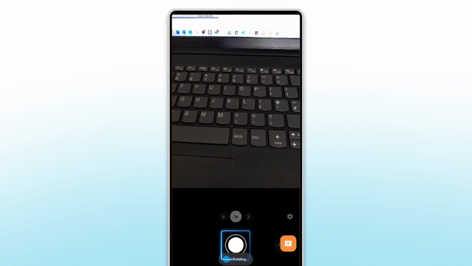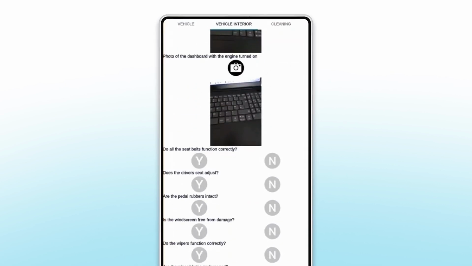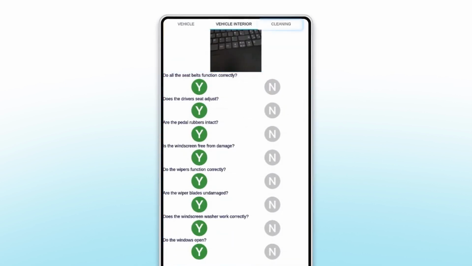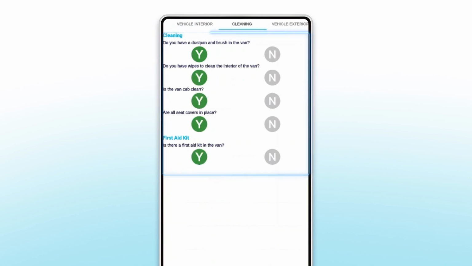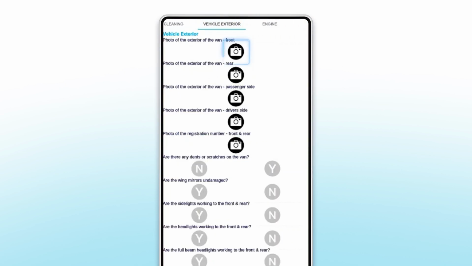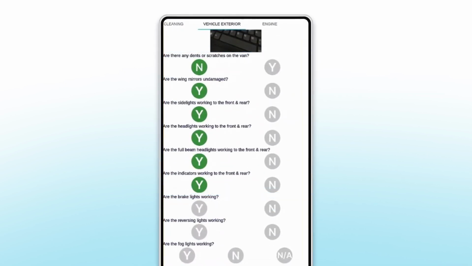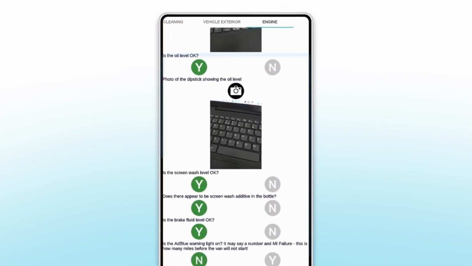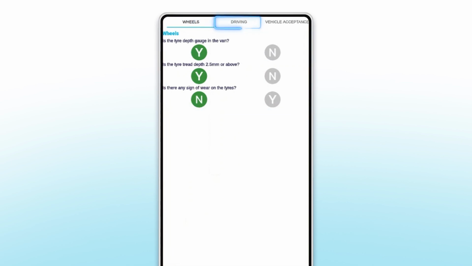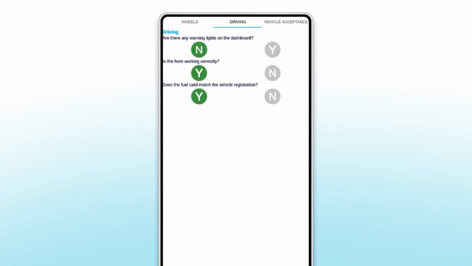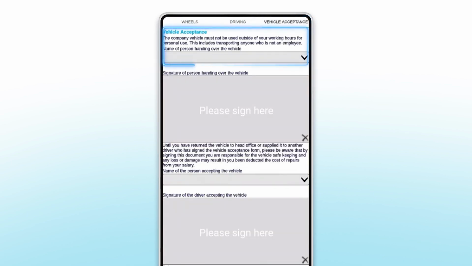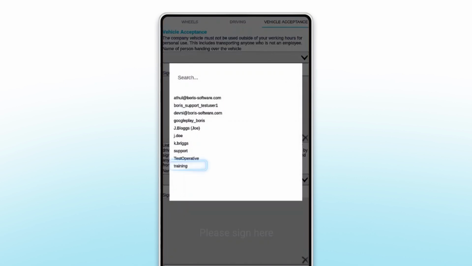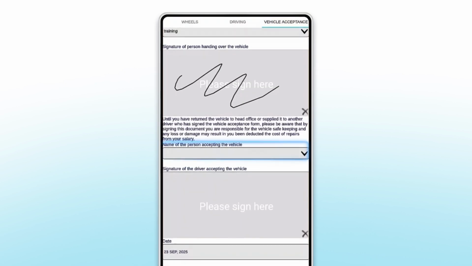These are just pictures of my laptop, but you get the general idea. Complete the functional checklist, and again regarding cleanliness and condition checks, vehicle exterior. This is where you take photos of the exterior of the vehicle. Select the relevant check again here. The engine. Take a few photos and then complete the checks. Wheels, okay. And driving, okay. Finally, vehicle acceptance. Name of the person handing over the vehicle. Let's say Boris Training. Person accepting the vehicle, Joe Blogs. Sign. And save the